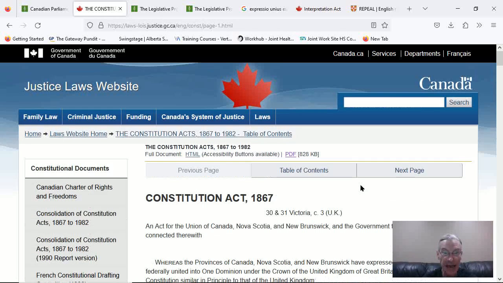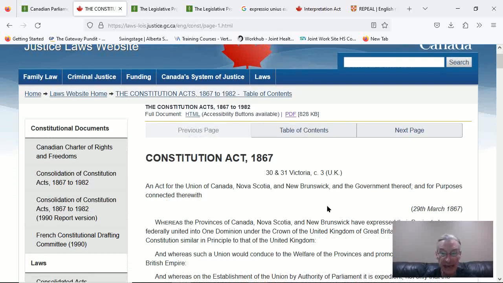So, here we have the Constitution Act 1867. Pierre Elliott Trudeau and Queen Elizabeth II changed the name from the British North America Act 1867 to the Constitution Act 1867 through the Canada Act scheme in 1982. Now,